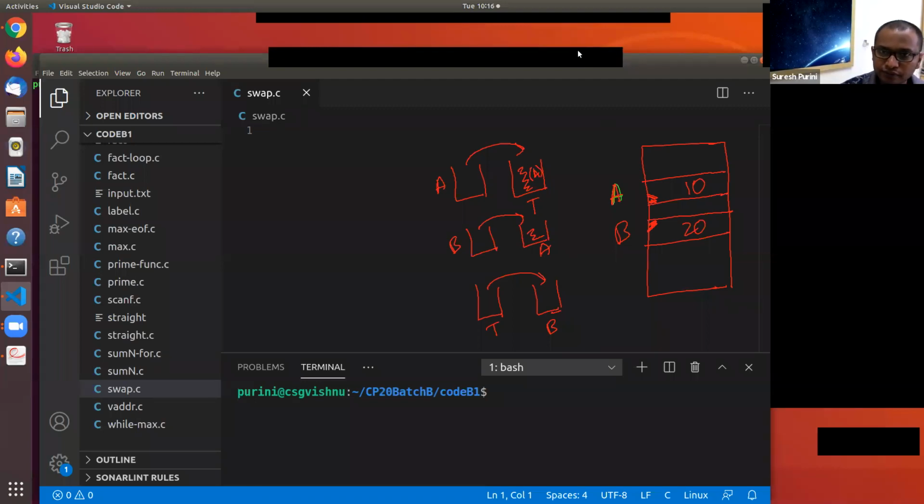Right? So let's say this thing you transfer it here, and whatever this is you transfer it here.